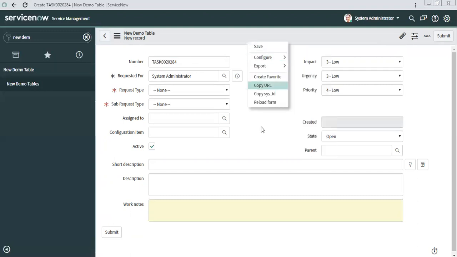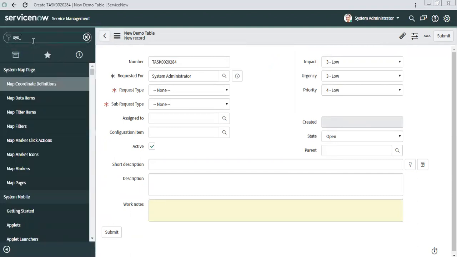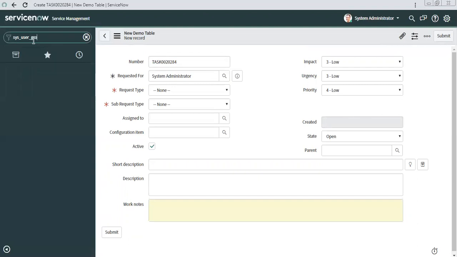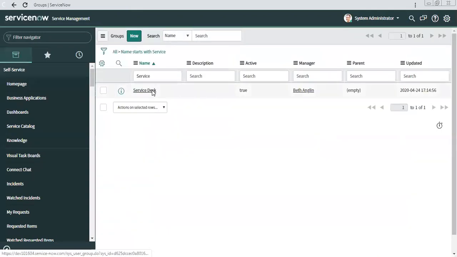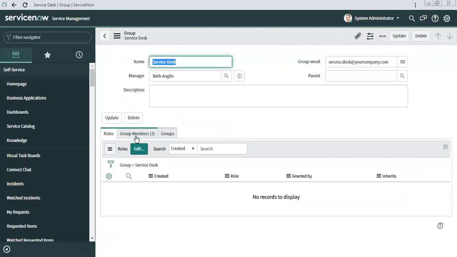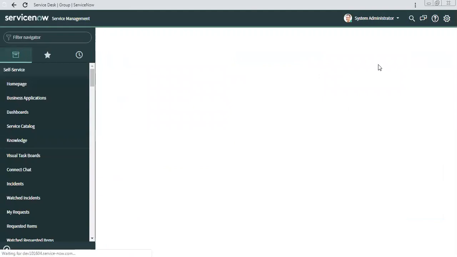Now, let's first do one thing. Let me check the service desk group, so whom is a member? Let me assign the role first to this group so that they can see the table.